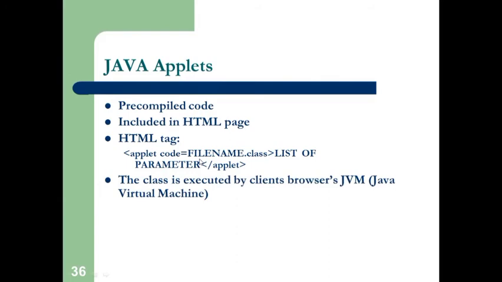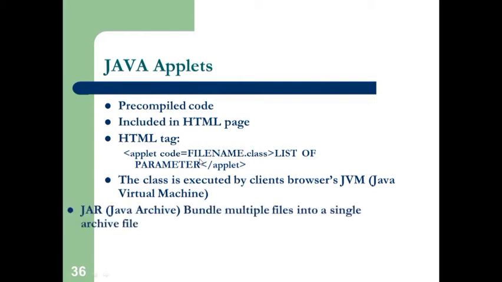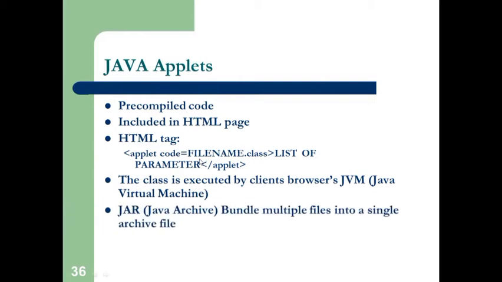The class is executed by the client's browser JVM. JVM is the Java Virtual Machine. This is code written in Java. Java archive bundles multiple files into a single archive file. JAR is a